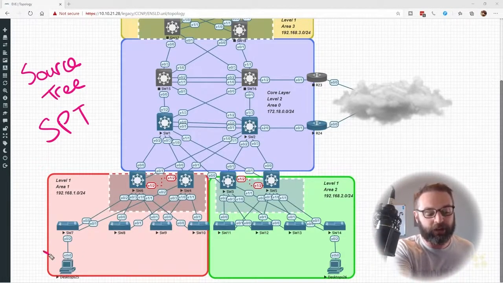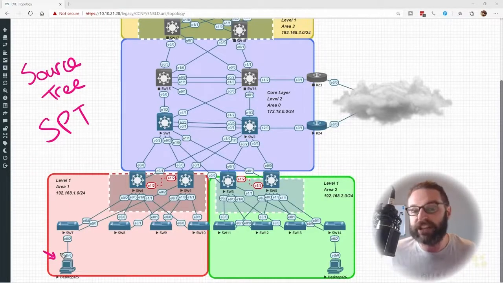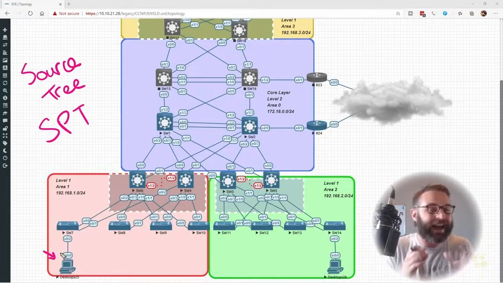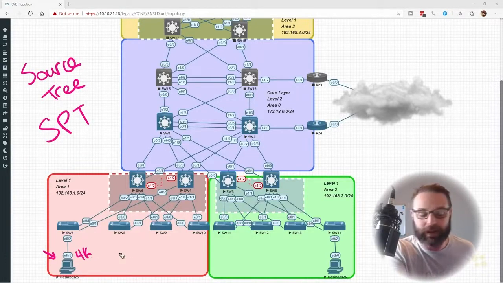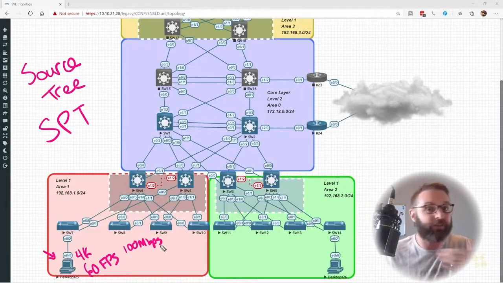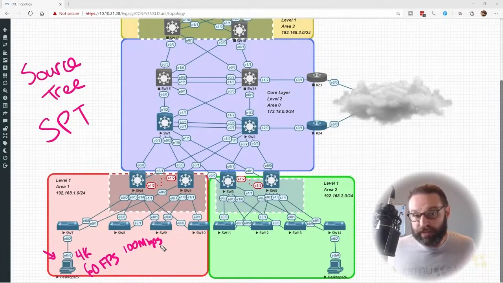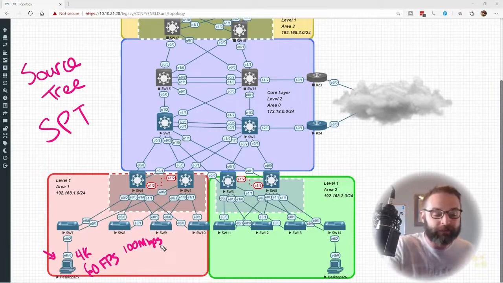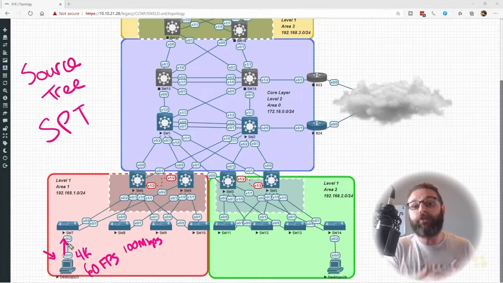In this case, let's pretend we have a desktop here that wants to initiate a stream. It wants to send traffic into the entire environment. And let's now pretend further that this is going to be a high bandwidth intensive stream, something like 4K video game streaming at 60 frames per second. This could consume as much as 100 megabits per second if it's not left unchecked, if there's nothing to limit it, because, well, that's just what video game streaming can do these days. So it's going to send in this stream into the network, and the source tree is also what PIM dense